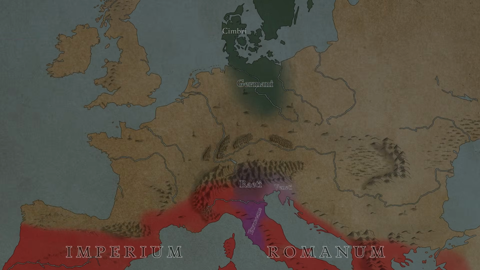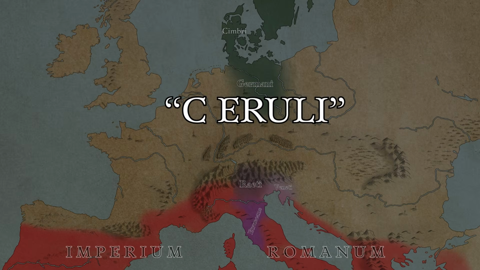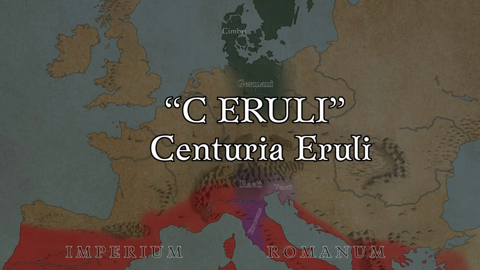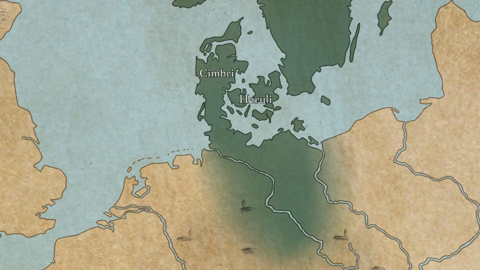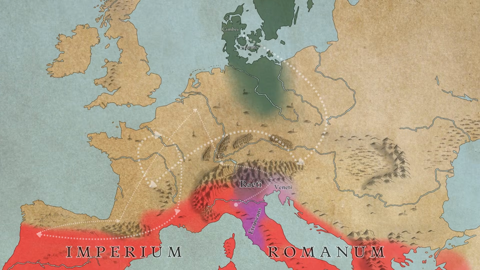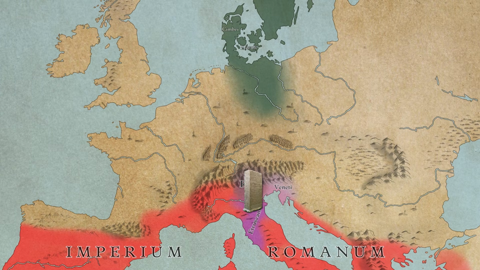Another helmet found at Negau, fittingly called Negau A, bears the Latin inscription Ce Eruli, which has been interpreted as Centuria Eruli, and probably refers to the Heruli, a Germanic tribe attested to have inhabited the Danish Isles in the 2nd century AD. Even though the written sources don't mention this tribe specifically until much later, the Heruli might have been present in Denmark already by the late 2nd century BC, and parts of them could have joined the Cimbri on their trek south and ended up serving in the Roman army after the defeat against the Romans. There, they might have picked up a version of the North Etruscan script, which they brought home with them after they had served their time in the army.